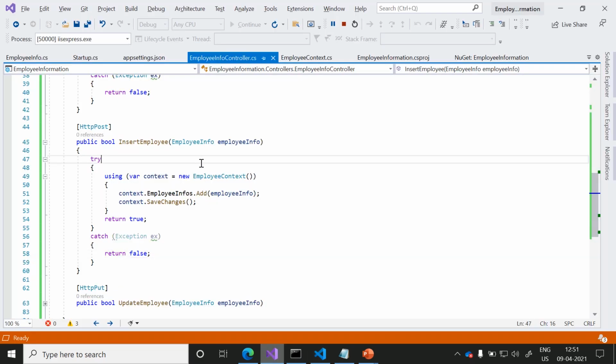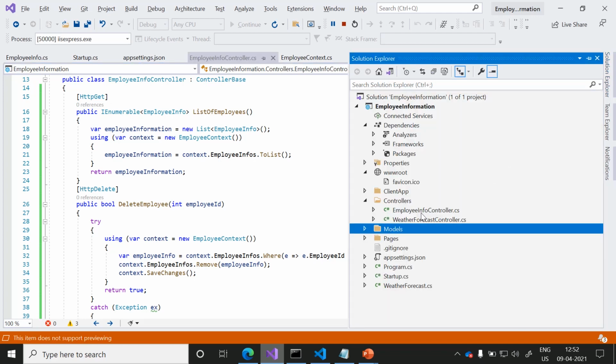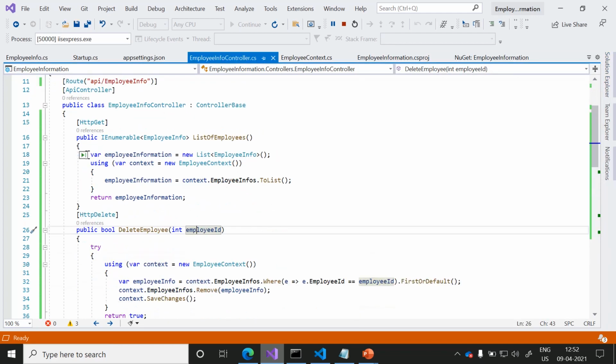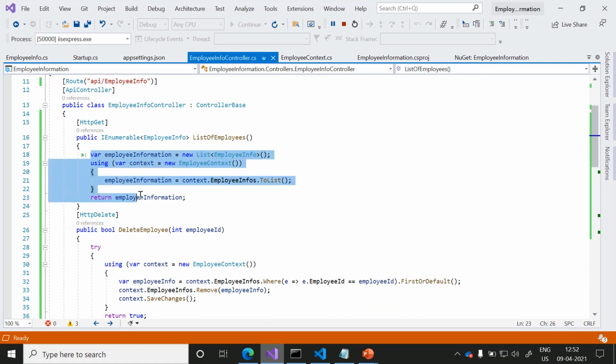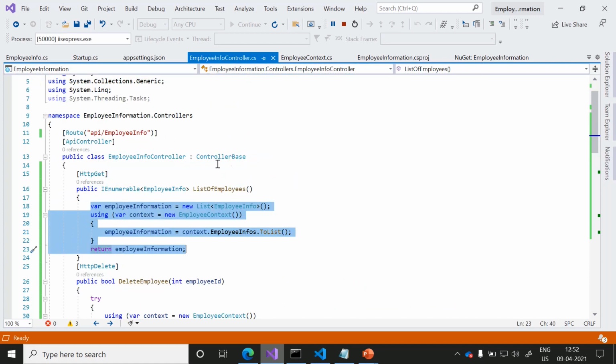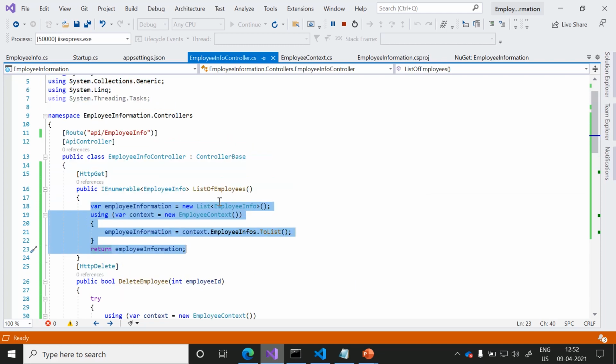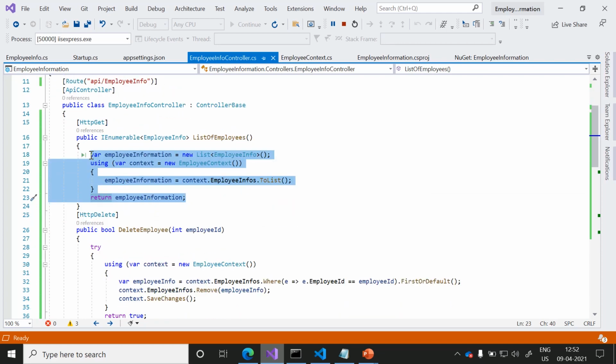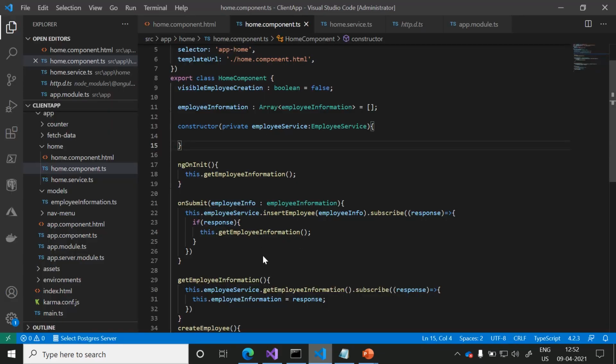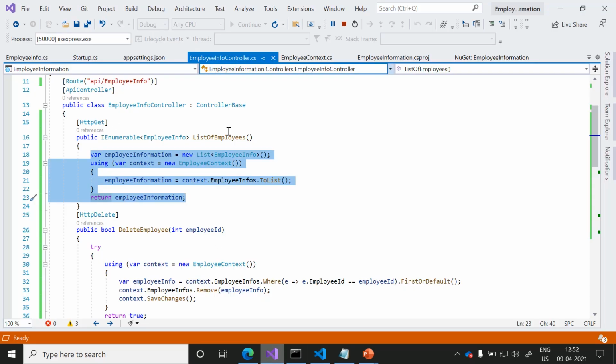we will learn how to create dependency injection in ASP.NET Core. If you observe our web API clearly, the database operations are happening in employee info controller only. As part of the SOLID principles, this should be segregated from the employee info controller, so that each class should be responsible for only one operation. But if employee controller is taking the responsibility of insertion as well, meaning database operations as well, we are going to segregate this from the employee info controller. The same way we implemented dependency injection in Angular, the same way we implement dependency injection in ASP.NET Core also.